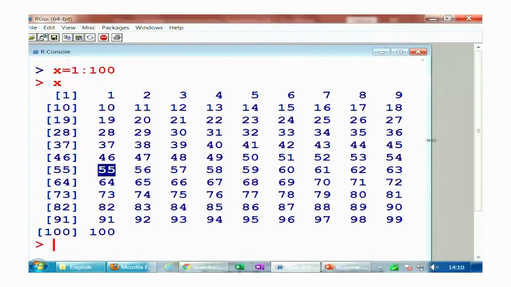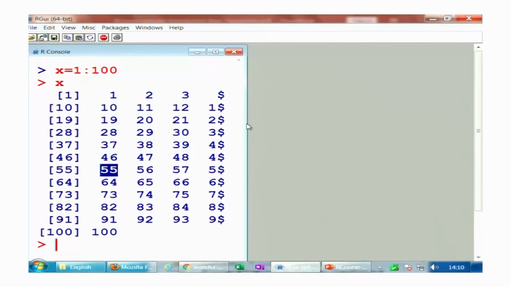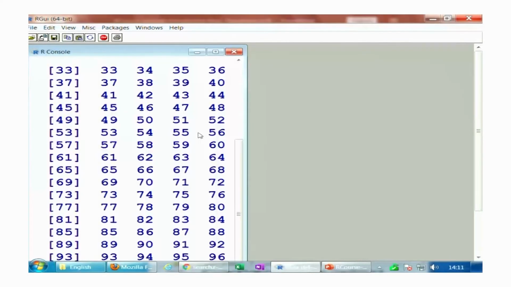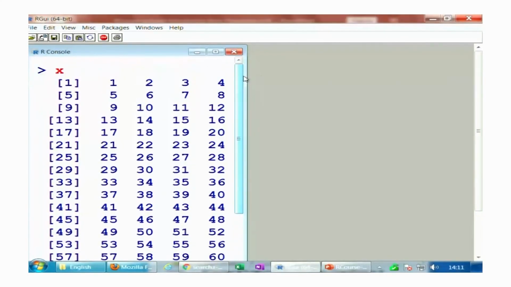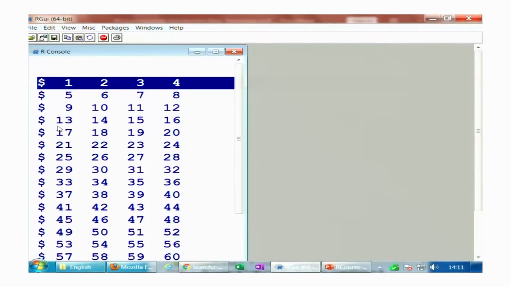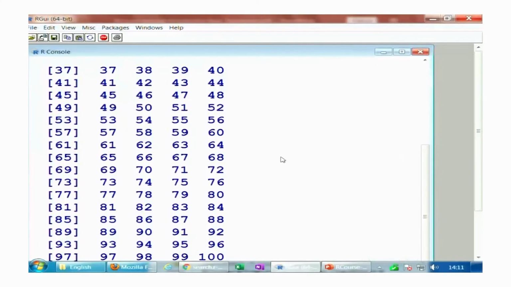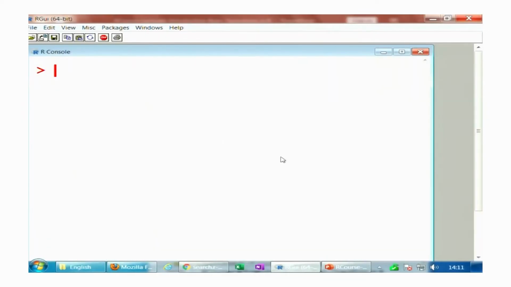Now, in case I make this window smaller and try to see the same thing again, I can clear the screen by pressing Ctrl L, and if I type x here, you can see now there are only 4 numbers. So, this width is now becoming 1, 2, 3, 4, 5 in the first row, and then this is the 5th in the second row and so on, right. Now, this may give you a confusion that why the first number and the index number are the same. So, let me